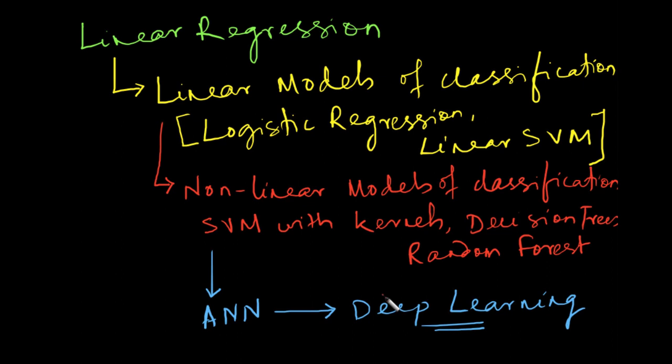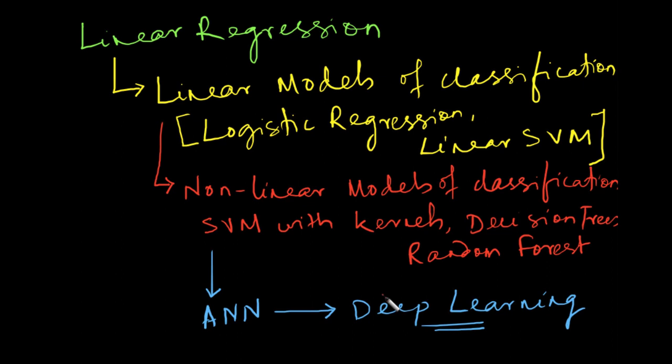Okay, so linear regression, logistic regression, linear SVM, they all have a specific curve that they try to fit the data to. But ANNs and deep learning encompass a very broad family of functions. How that happens, we will again see in a later video. But for now, what is important for you to remember is this important gradation that exists in the supervised learning algorithms.